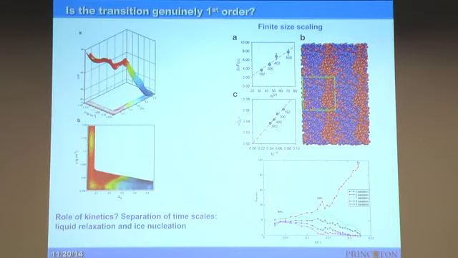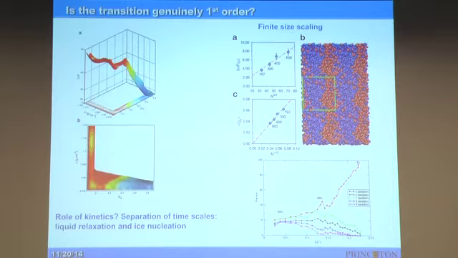Now this is a coexistence between these two liquids, and this is the ice phase. The barrier that separates the two liquids is of the same order as the barrier that separates this liquid from ice. So we learn an important thing in doing that, that